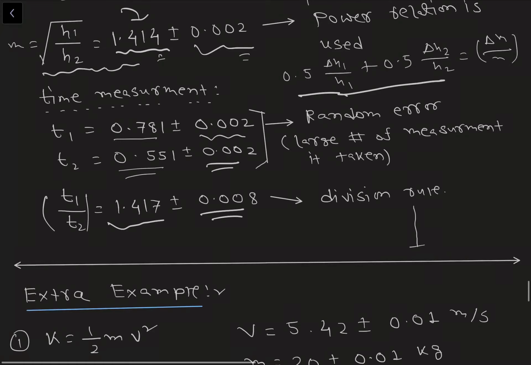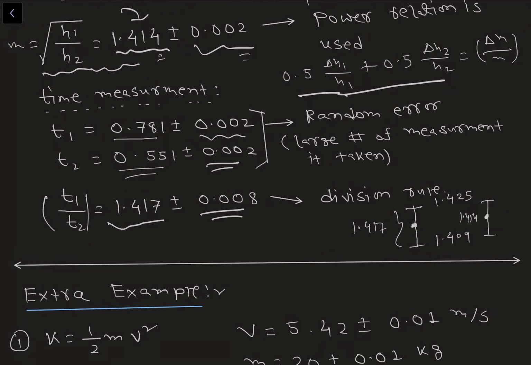So we already know here what it is coming out to be. Let me put a representative bar. It is the average value. Average value is 1.417. Maximum value is 1.4, and minimum value is 1.409. So this is our measured value, and our predicted value was from the measurement of H.